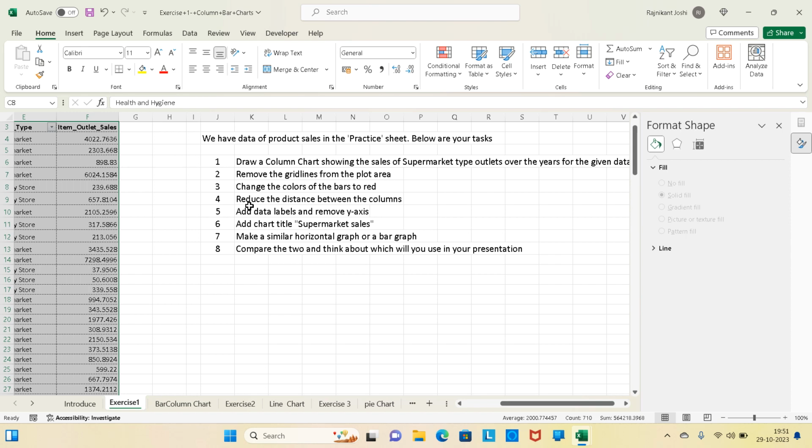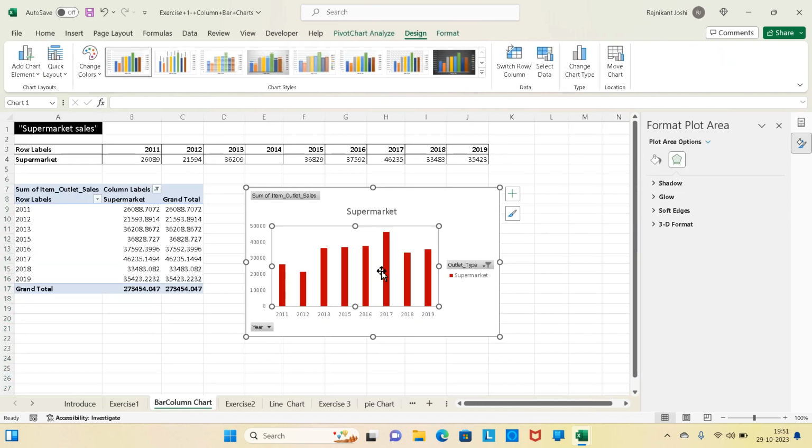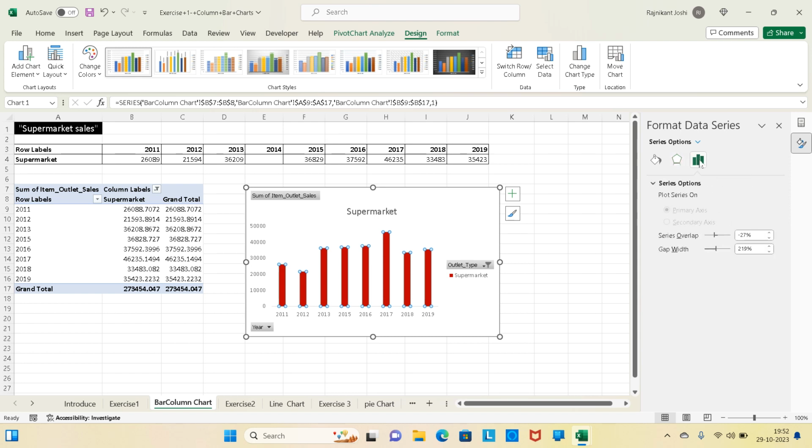Then again you come back, we have to check what more we wanted to do. Reduce the distance between the columns. So how do we do this? So reducing the distance, see, if you click on this plot area, this is plot area, this is chart area, all of the things inside the chart are showed in this box, and the plotted contents are showed in this box, and whatever you want to update, you have to click on it. So we want to update the columns, so click on the columns, and here are the things we can change about the column. So series options, we come here, and the gap width,